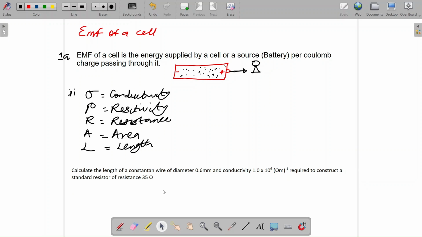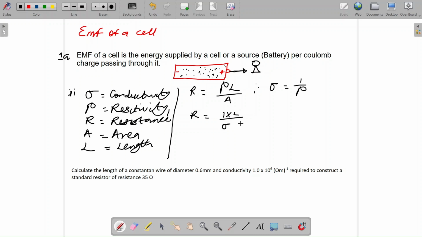So calculate the length of a constant wire of diameter this and this. Given all we have from the formula, we know that resistivity is rho L over area, and we know that conductivity equals 1 over rho. So this is conductivity. If you replace it, it equals 1 times L divided by